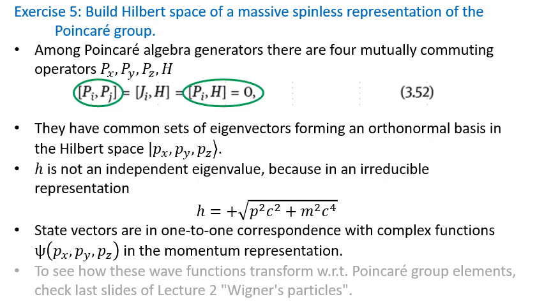Any state vector in the Hilbert space of a massive spinless particle can be expressed as a linear combination of the basis vectors labeled px, py, pz. Therefore, all such vectors are describable by momentum space wave functions. To complete the description of this representation of the Poincaré group, we'll have to determine how these wave functions transform under actions of various transformations from the Poincaré group. We discussed this